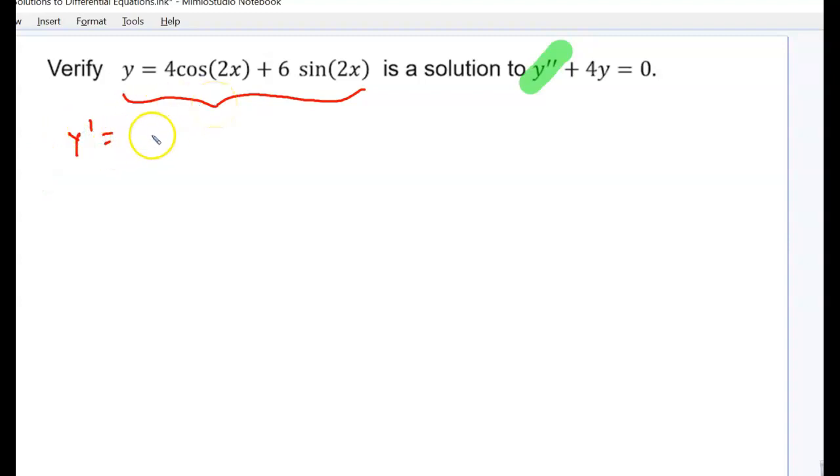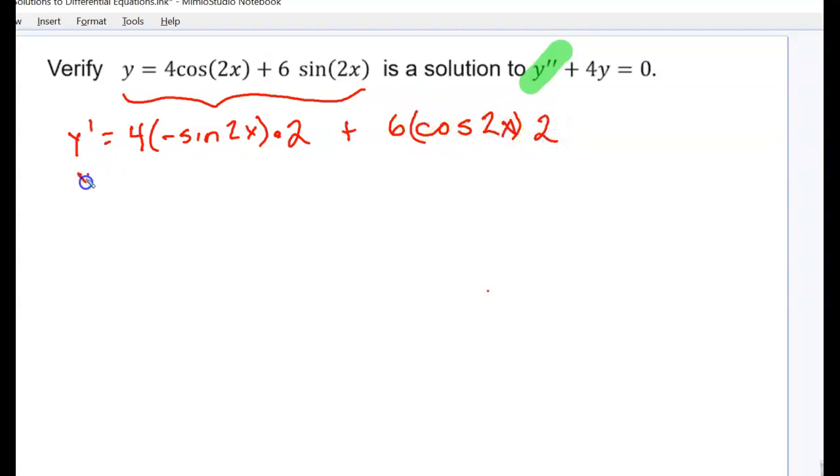derivative of my function. So the derivative of 4 cos 2x, well, 4 is a constant. Derivative of cos is negative sine 2x times the derivative inside, which is 2. And the derivative of sine 2x is cos 2x times the derivative of 2x, which is 2. So y prime, if I simplify this first term, is negative 8 sine 2x plus 12 cos 2x when we